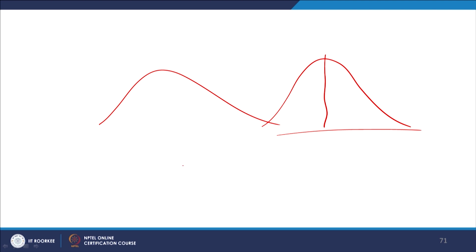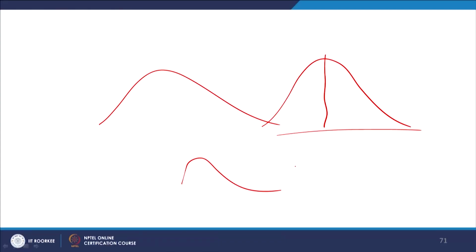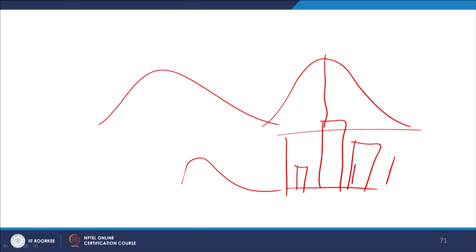But suppose you convert the data into a normal data, then well and fine, but if the data is still not normal, is not behaving normally, it is still a skewed data, right. So, maybe if you make a histogram, it looks something like this. If this is the pattern of data, then you cannot say this data is a normal data, right. When the data is not normal, it could be for many reasons, one of them being the presence of outliers, right. So, outliers can affect the data.